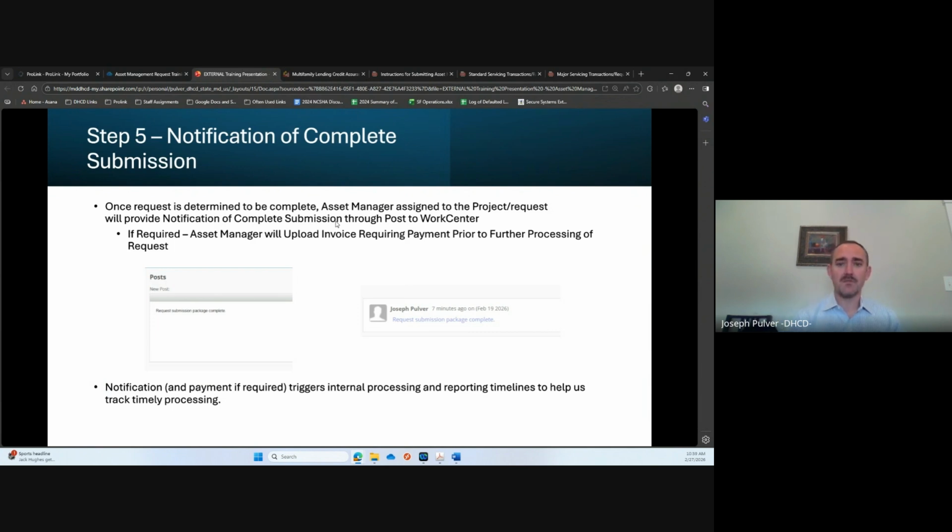So that's really the goal of this process, to make sure that everybody on the outside world knows exactly what they need to start the process. And then our team knows to provide meaningful feedback on what may be missing or what the issues are. So you feel like, if something's missing, you've been given good information on what that is and you know how to correct it. And then once a complete submission is put in, we have everything we need to really do our analysis and try to get a quick turnaround on the request.